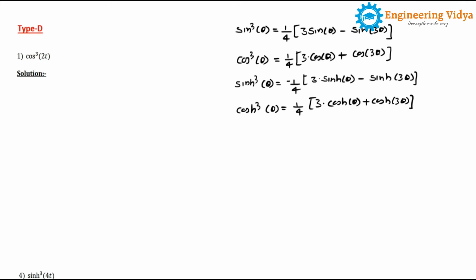One more thing you have to memorize: on the right hand side, two trigonometric functions will be there. For sine cube theta, the first function is sine theta, but the second function is sine 3 theta. Always remember that the second trigonometric function will have 3 times the angle of the left hand side angle, right? Here the angle is theta, but here 3 theta will come. In a similar way for the second formula, we have an angle theta, but in the second trigonometric function we have cos of 3 theta. The second trigonometric function will have an angle 3 times the input angle, right? So in a similar way, here we have to find the Laplace transform of cos cube of 2t, right?